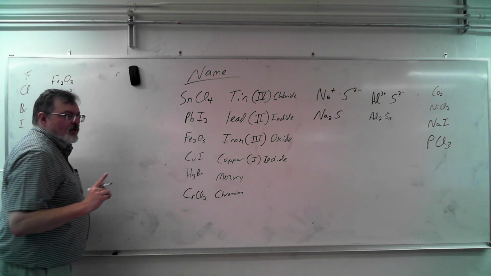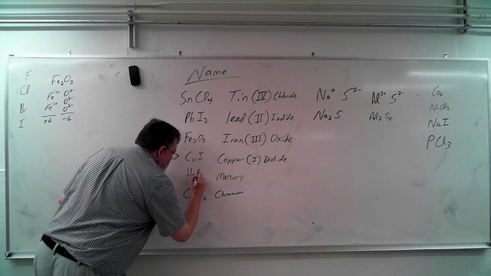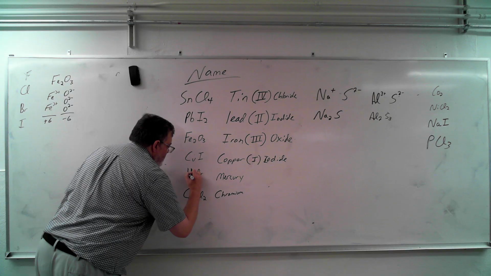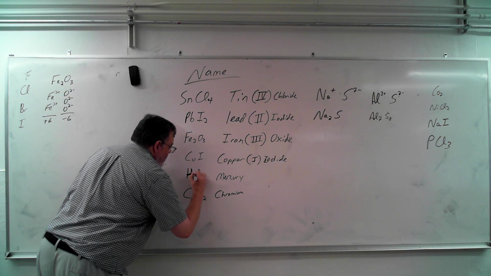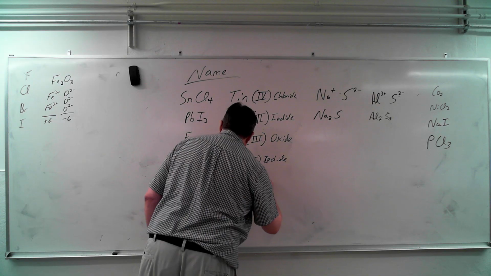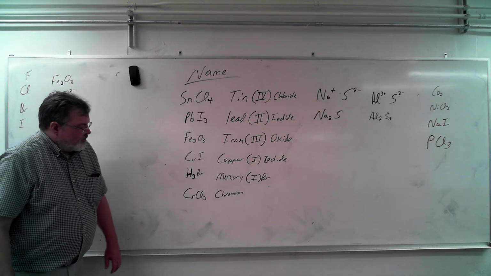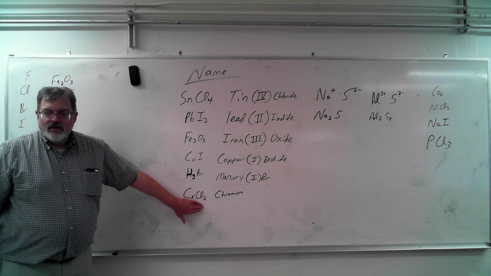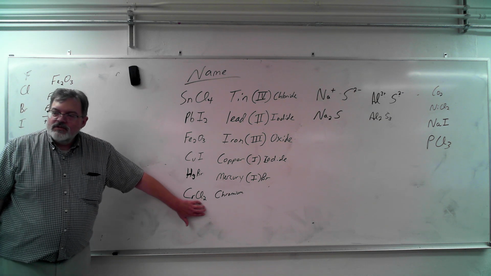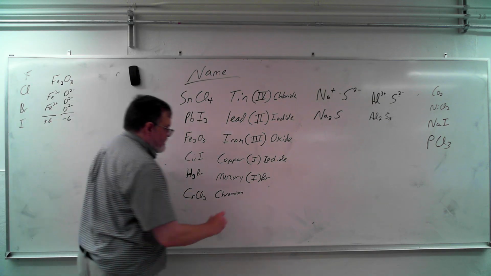Bromine is -1. So that means this 1 Hg that's here, handwriting made that look like a 9. Hg. So that's going to be mercury(I). Cl is 1 negative, and there's only 1 Cr here. So there's 2 negative charges, so the Cr has to be 2 plus. So this is